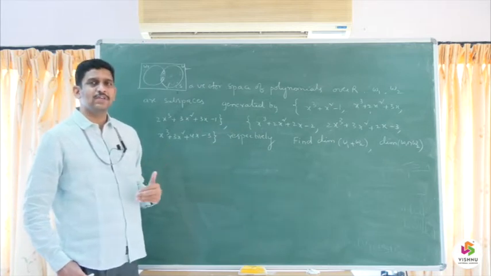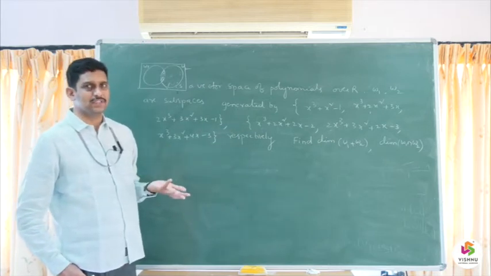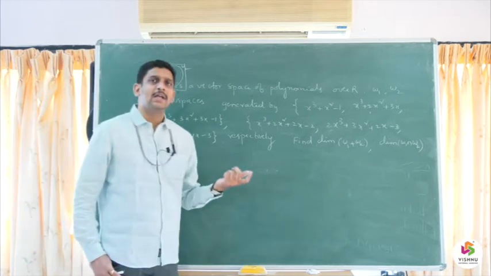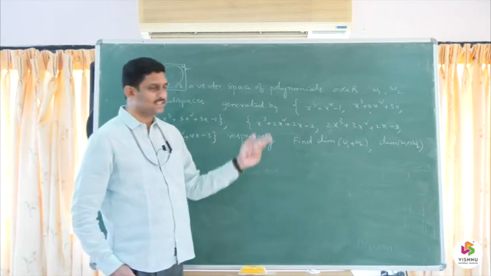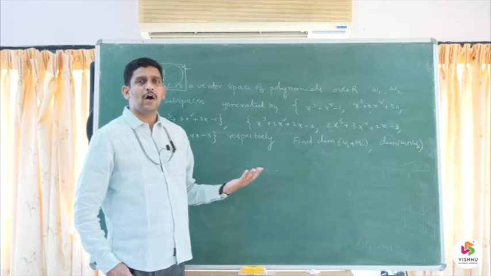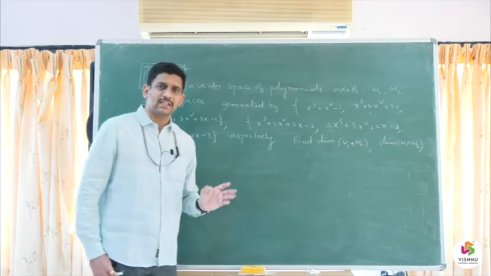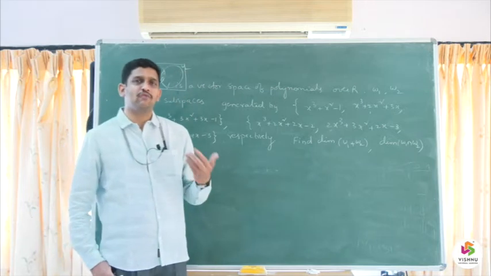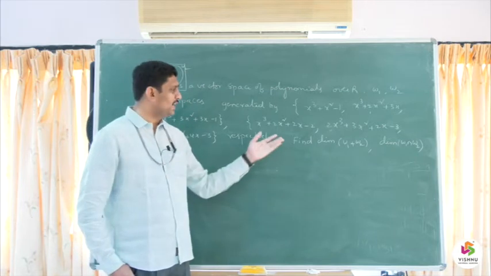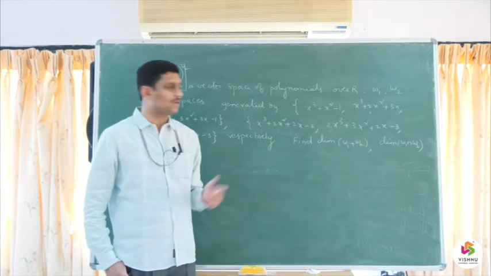So, what is meant by dimension? The number of elements in the basis. If possible, I will find a basis for the sets, then I can count how many elements are there, and I will say this is the dimension of that set. Otherwise, I can apply any straight formula so that I will get the basis for them, as well as the dimension.